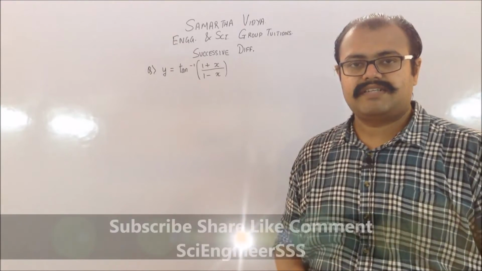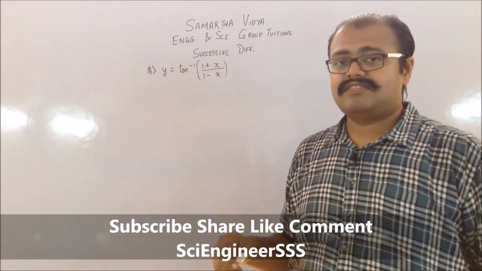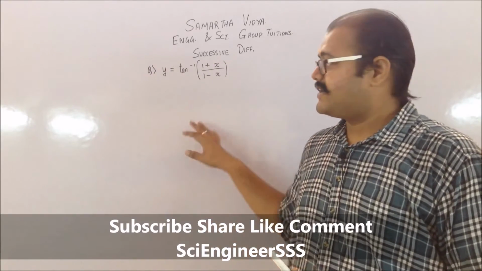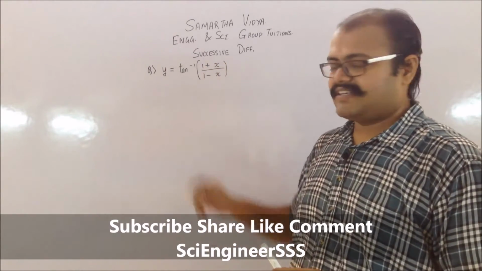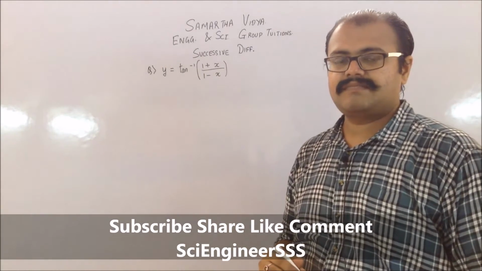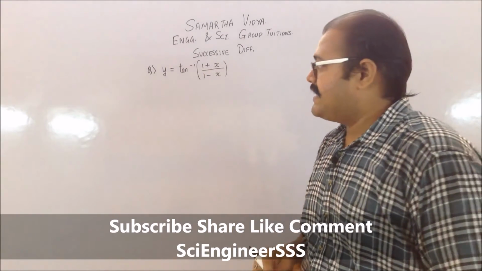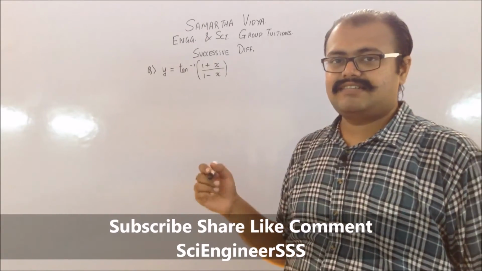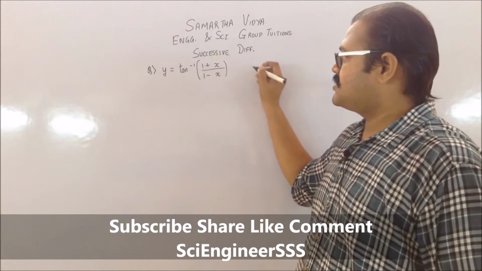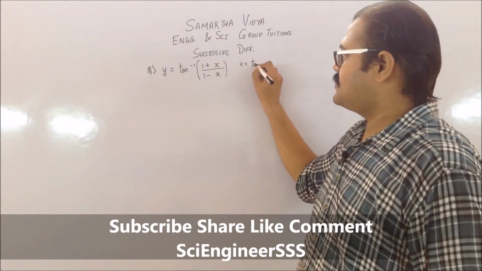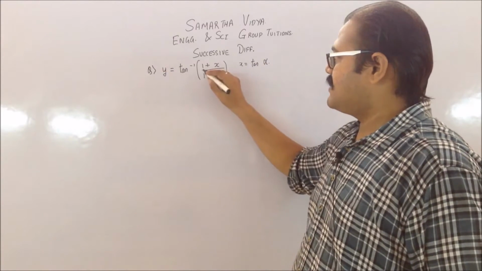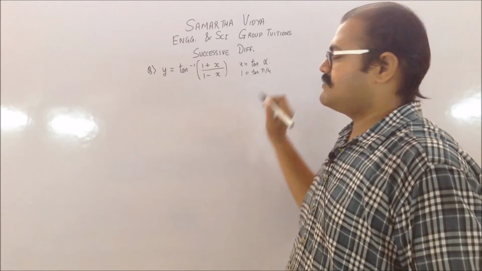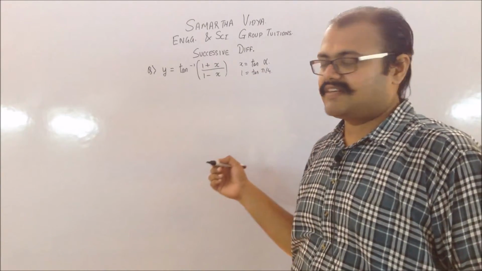So we are going to consider this particular problem which is related to your tan inverse. Now whenever you are having an inverse function, you need to try to simplify it, because it's going to be a complicated term if you are taking a direct derivative of it. So we need to have a tan term which is present inside this. If you can recollect your 12th standard, you can substitute x is equal to some value, let us say tan alpha, and wherever 1 is there you will be writing it as tan of pi by 4, which is basically tan 45, because the value for tan 45 is 1.